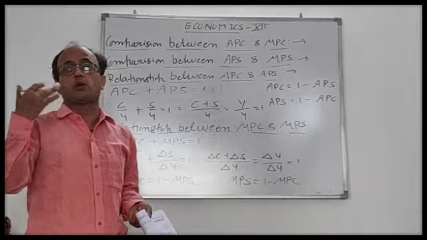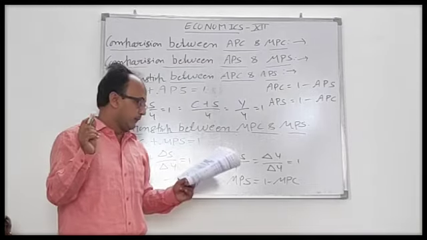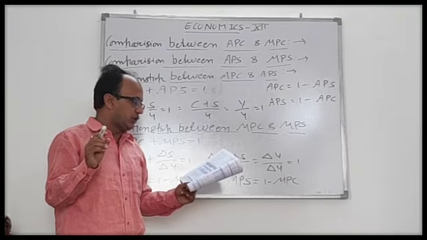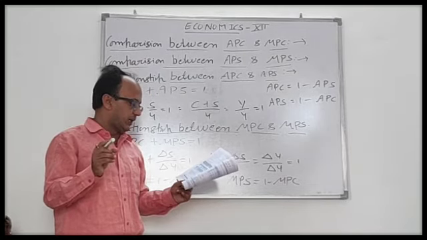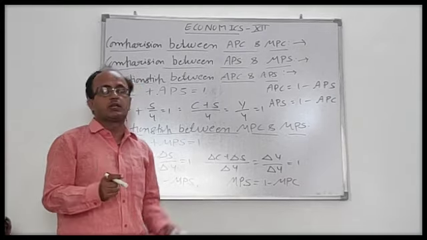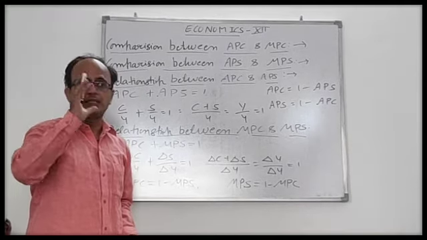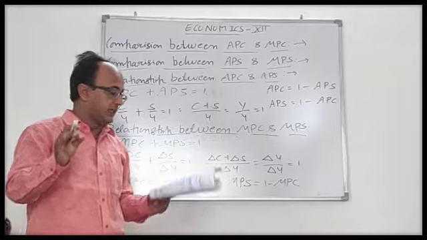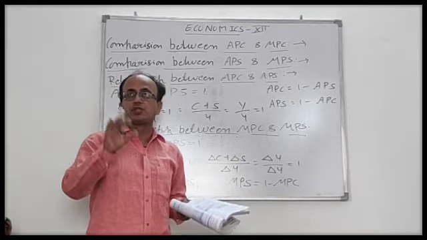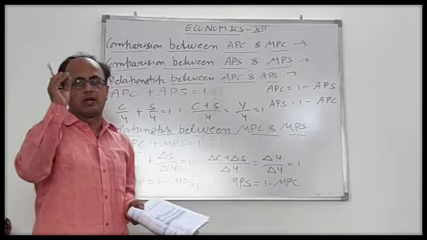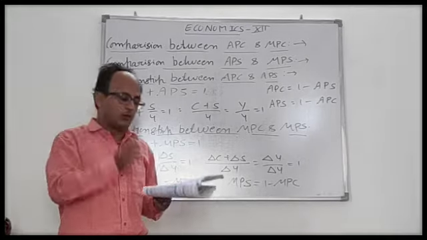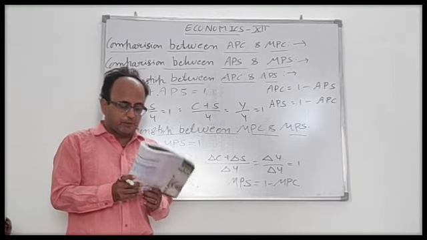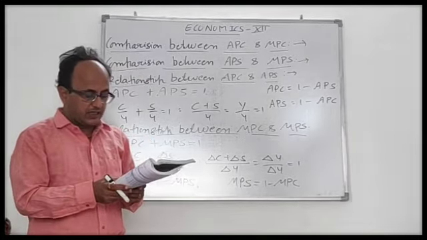APS और MPS में कौन less than zero होगा और कब होगा? APS can be less than zero where there is dis-saving. It means when consumption is more than the national income. अगर हमारा consumption national income से ज्यादा है तो हमारे Average Propensity to Save की वैल्यू क्या होगी? नेगेटिव होगी और इवन ये जीरो भी हो सकता है। Marginal Propensity to Save, MPS can never be less than